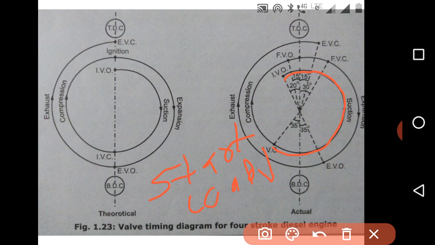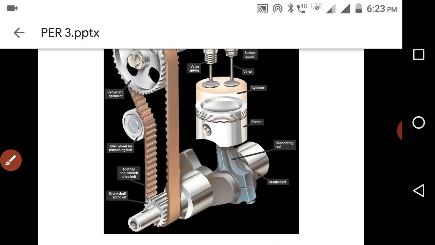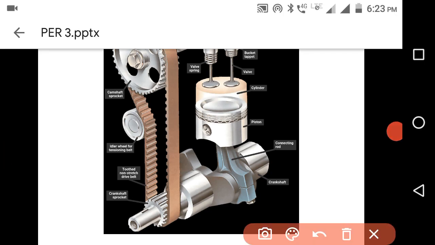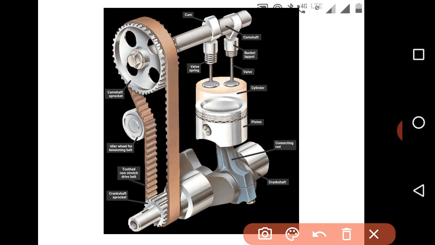To understand this, we have to understand how the valve will open with the help of the crank, with the help of the crankshaft power. So we'll look at that. Now see, this is the diagram. Here you can easily see this is the crankshaft, and